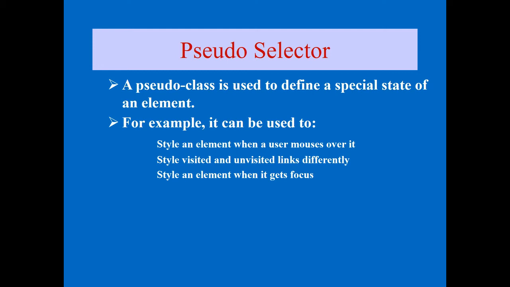Right? So you got this idea regarding the pseudo selectors. You see here again a very simple example. The syntax is the anchor tag, colon, link, color equal to this one. So whenever any unvisited link is there, the color is this one. For a visited link, if you write a colon visited along with the anchor tag, then again the color will be different. Mouse over, a colon hover, then color equal to a different one. This is a simple example.